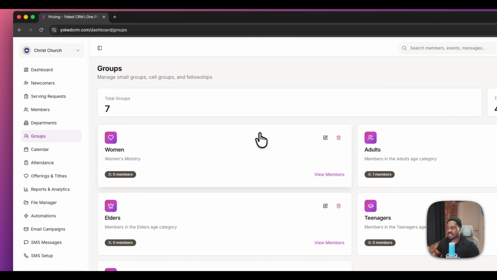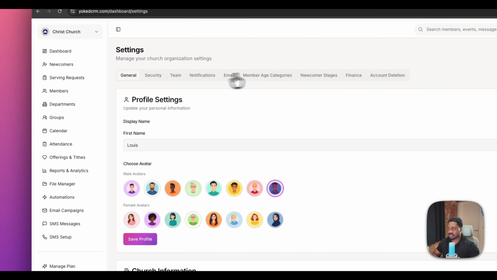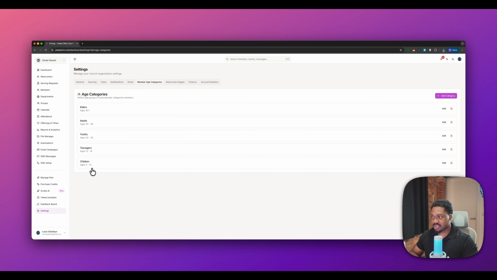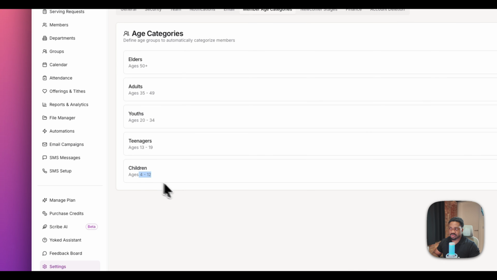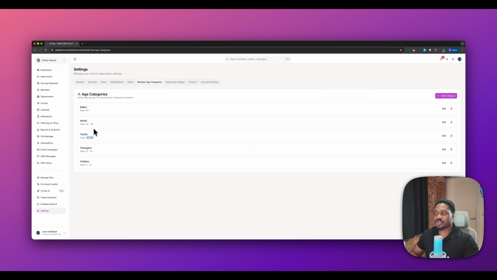So groups, this is age related. If we go to settings and we go to member ages, you can change these. These are the default. Anyone that enters as a member and they're this age will get put in that group. Teenagers, they'll get put in that group. Youths, so you can alter these based on your church and how you classify your age categories and